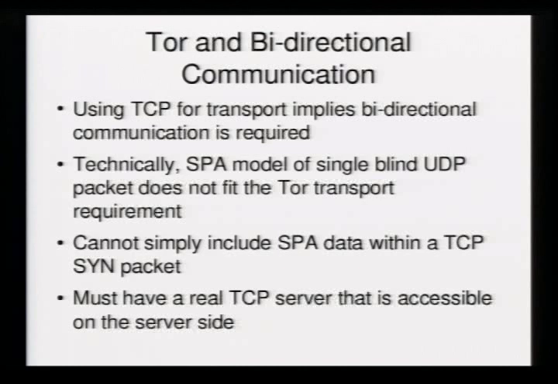So the fundamental consequence is that we must have a real TCP server to which to connect on the FWKNOP daemon side. So default drop can't apply to that server, clearly. We must allow connections to some TCP server so that we can actually get the SPA data across the Tor network. So if you'll allow me the indiscretion, or the leeway, to say that we're sending single packet authorization data over Tor, and it's going to involve multiple packets, then we can proceed.